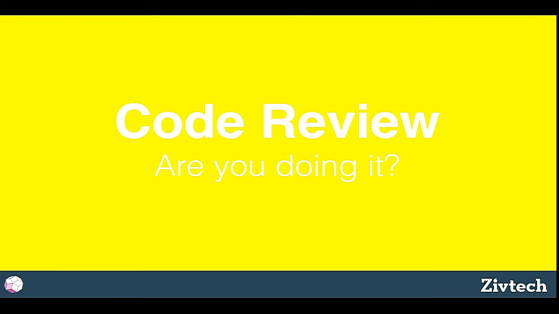Code review. Every time I give one of these talks, I ask, how many of you do code review as a part of your built-in process all the time? Okay, this is a DevOps session, so that was a way better turnout than I've ever seen before, but it was still maybe two thirds of the audience. If you're not doing code review, start.